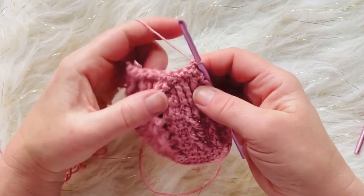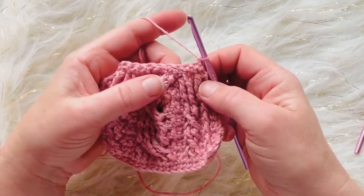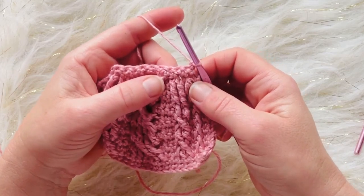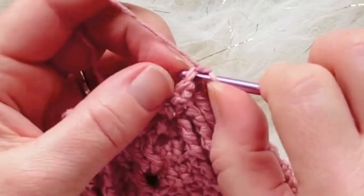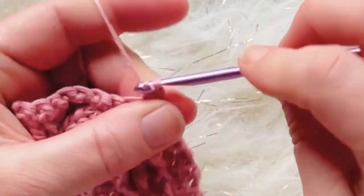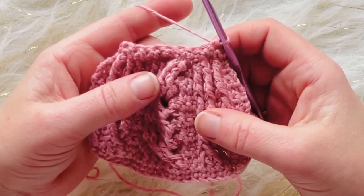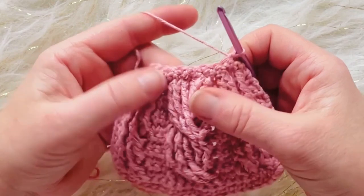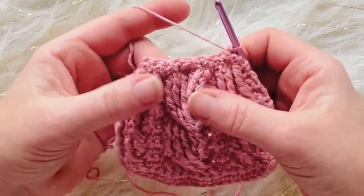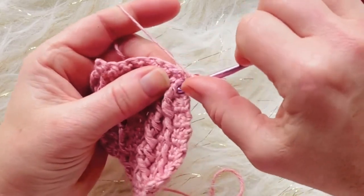So what you want to do is do a slip stitch to start, and then start working your front post stitches. So let's do a slip stitch into the very first stitch. Then we'll start working our front post stitches. So we're going to front post double crochet around each front post double treble from the previous row. So just a front post double crochet,